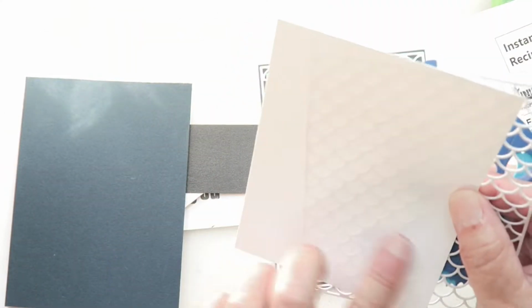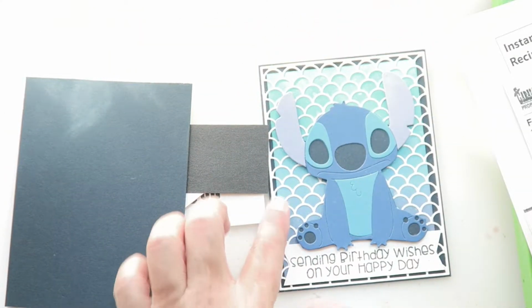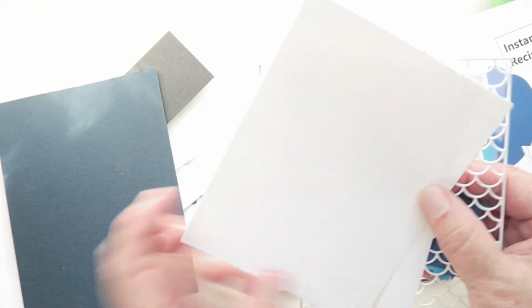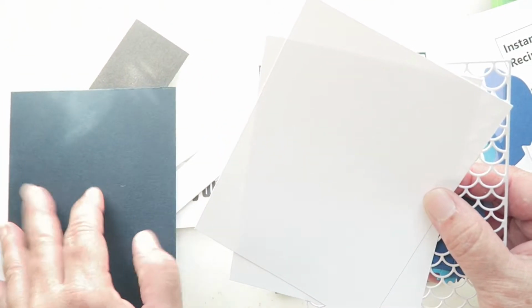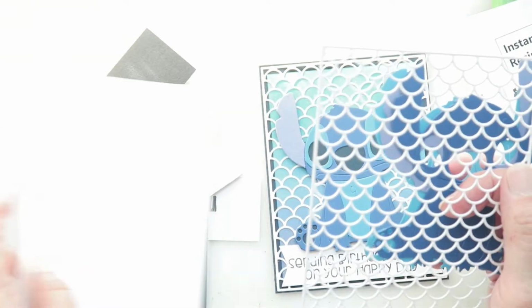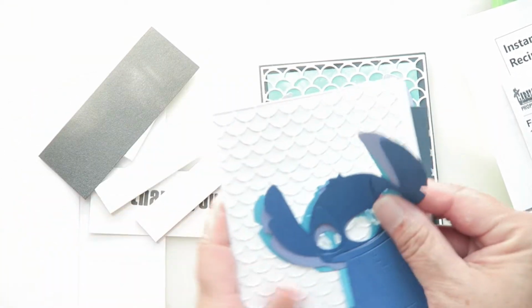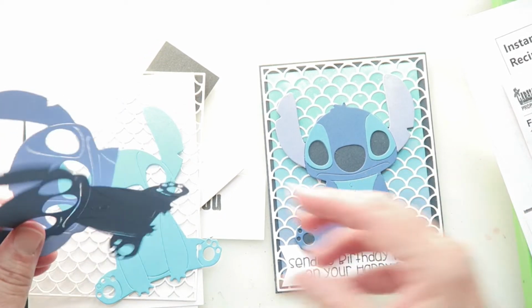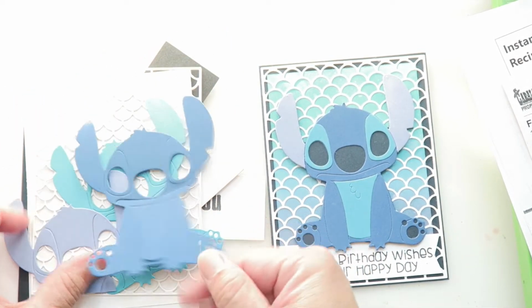will be ink blending the back of these like it is here. And then this is the piece for inside the A2 size card, since it's a dark color, so you can write your sentiment or stamp a sentiment. But that is project number 2 that I am taking to the scrapbook convention that's going to be here in